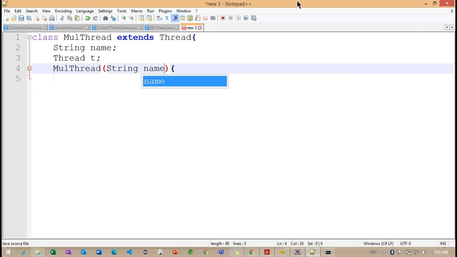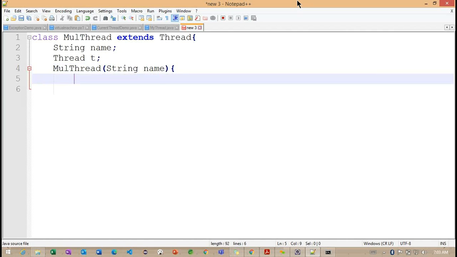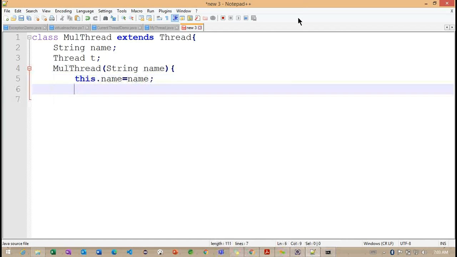Here I want to specify the name, so this.name = name. Later I call the super keyword and specify the name.